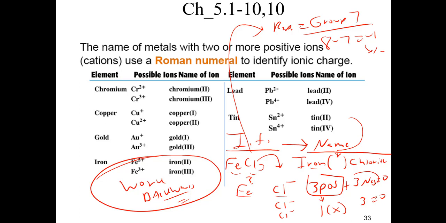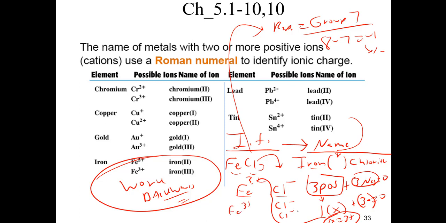This is 3 negative. So then plus a 3 negative, or that's the same thing as -3. So however you want to reason it out. But bottom line is if that's a 3 negative and then we have 1, that x has to be a 3 positive. So therefore, iron has to be a